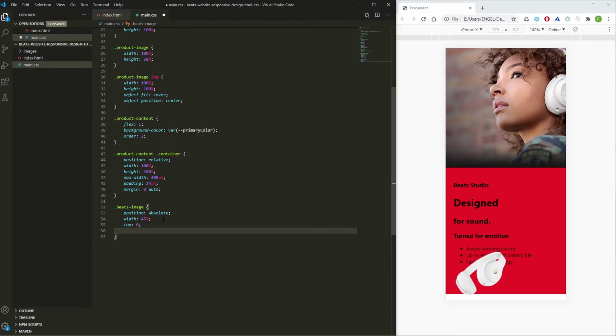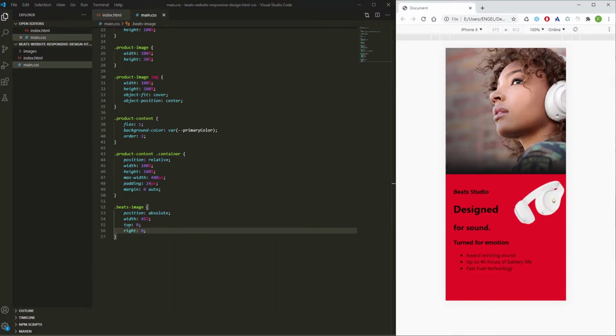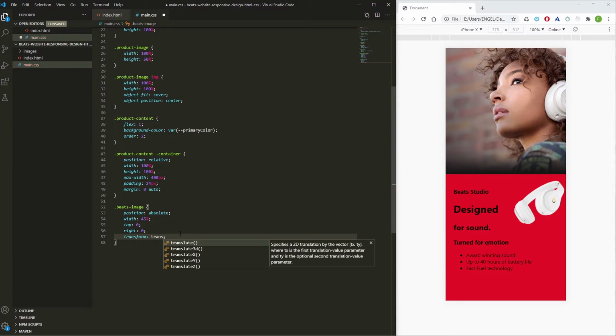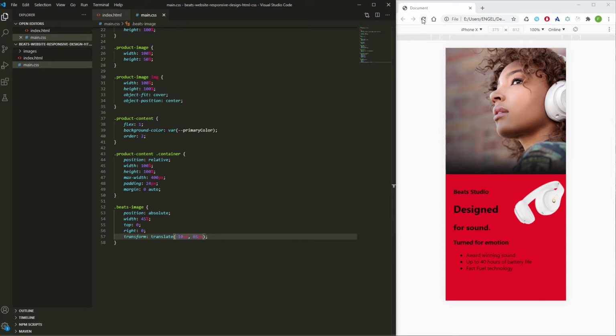So top 0, right 0, so it will move to this side, and we add a transform and we translate -10 pixels and 65 pixels, and if we refresh, you can see here that we have this image in this position, and this is very much what we want for mobile versions. Okay,